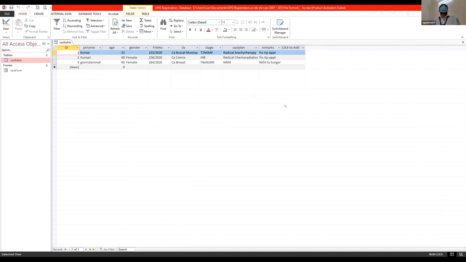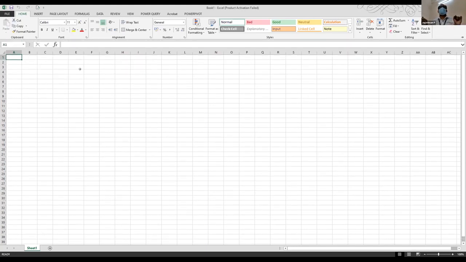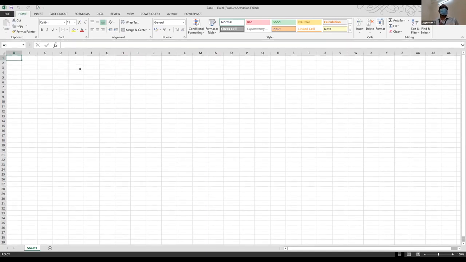Yeah, I've clicked the Excel button here and then it's going. I'm going to add a new share now. Okay, so all of you can see the Excel sheet now, I suppose. This is just a brand new Excel sheet. I'm going to pull the information from that Access file onto this one. Remember, we had labeled that Access file already as an OPD registration file. So how am I going to pull that information here?